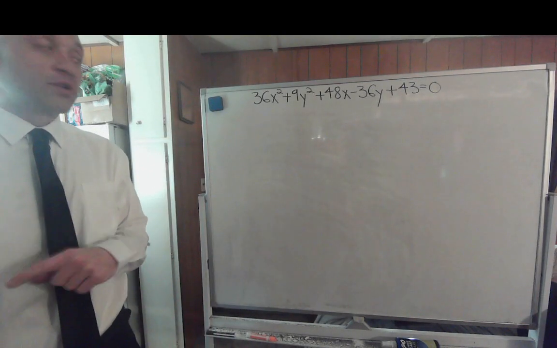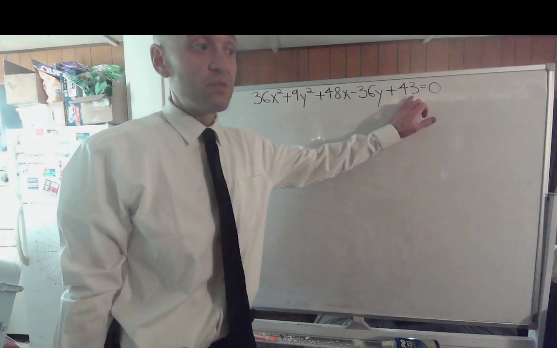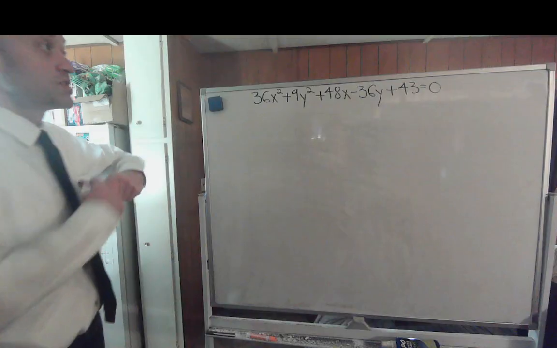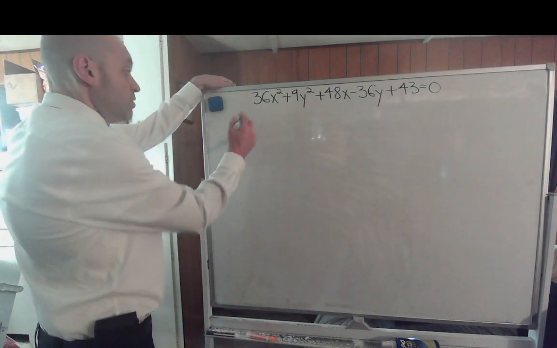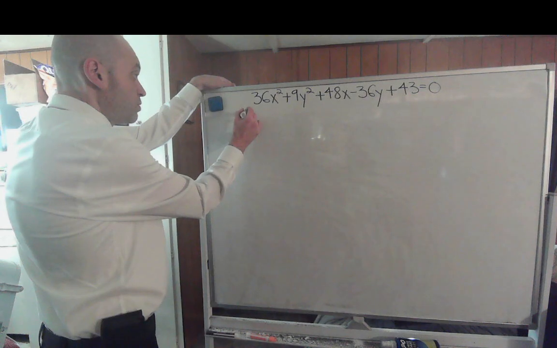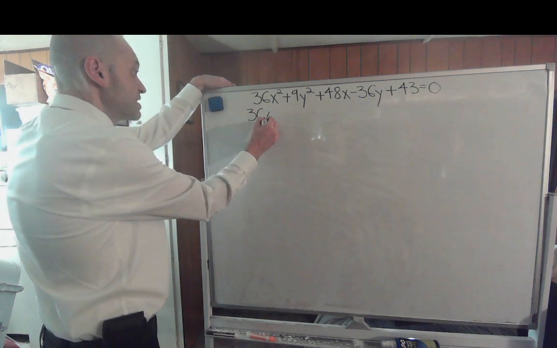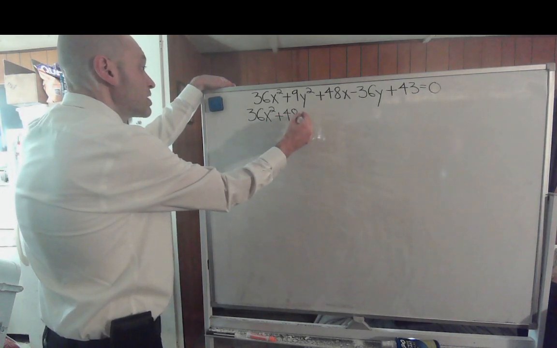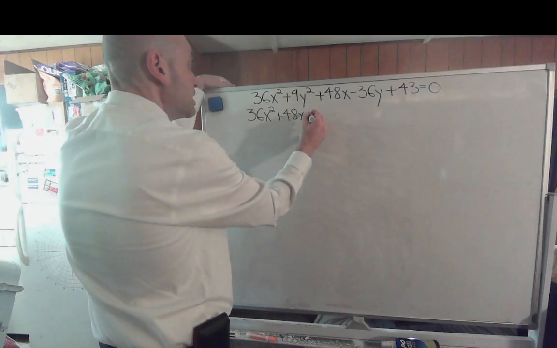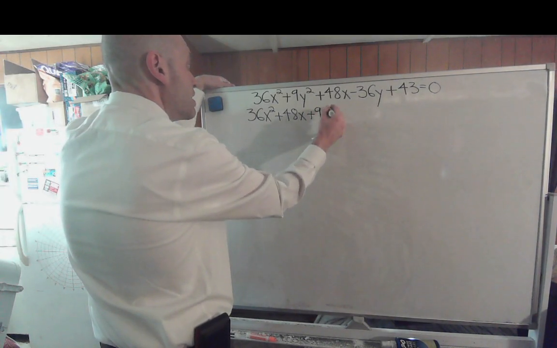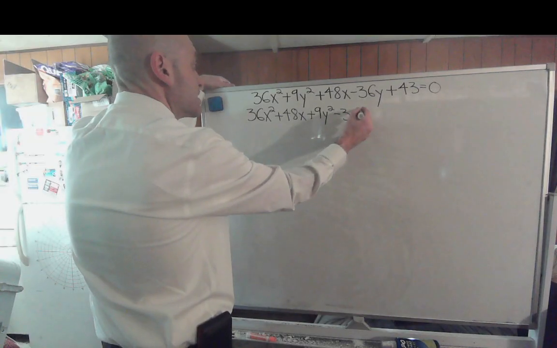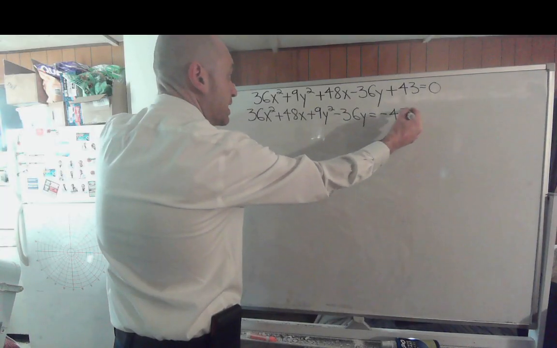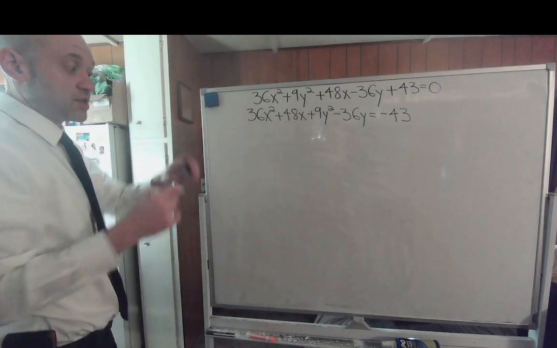Again, let's kill two birds with one stone. Let's get the constant term out of the left-hand side. Let's group our x and y terms together. You get 36x squared plus 48x plus 9y squared minus 36y is equal to -43. Looking horrendous already, but